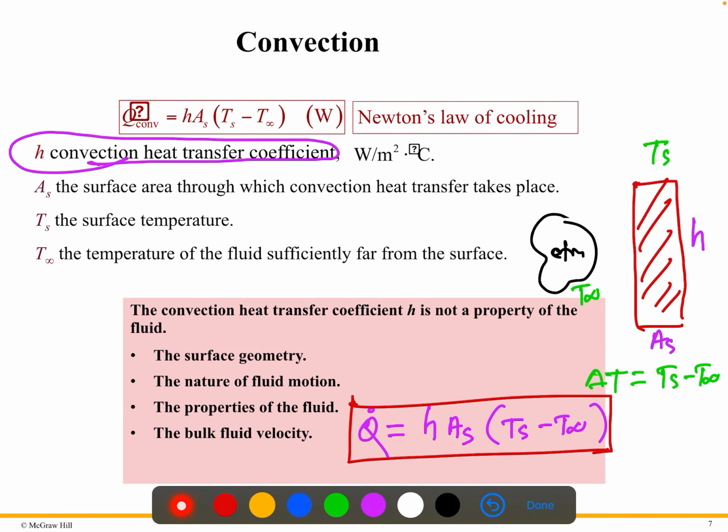So now the question is, what is this heat transfer coefficient? This is not a fluid property. Actually, here a couple of things we need to think about: the surface geometry, the fluid motion, the fluid properties, and the bulk fluid velocity. So we'll discuss these heat transfer coefficients later on. We really don't want to make this video lengthy. So the purpose is to understand what convection is and how to calculate the convection heat transfer coefficient. So based on the given conditions, I said